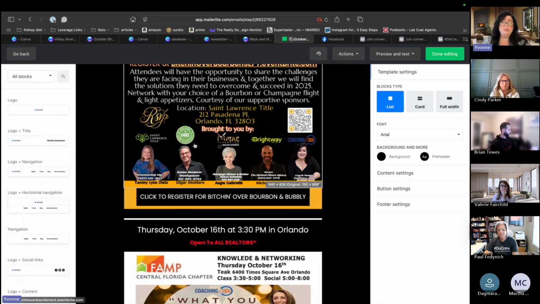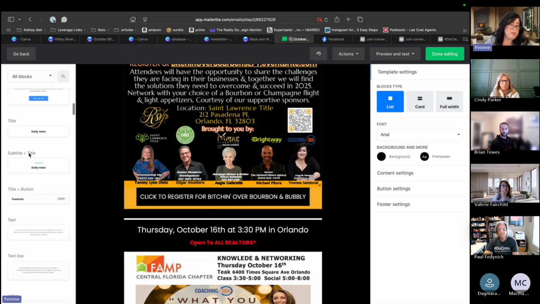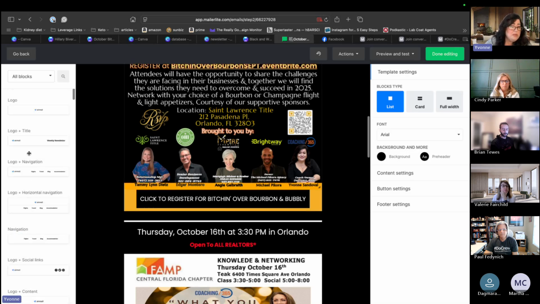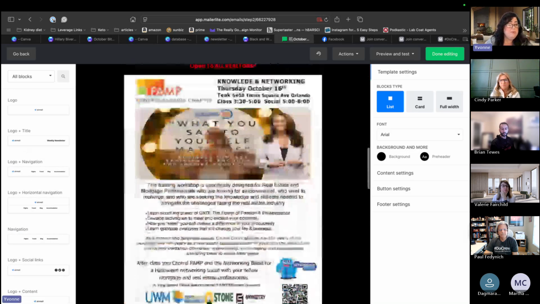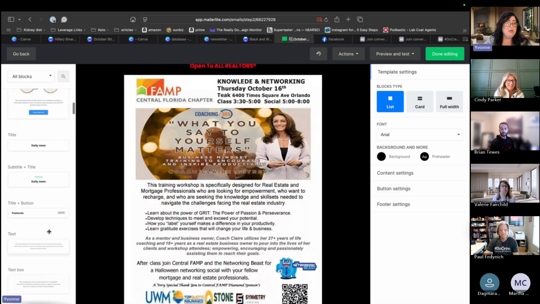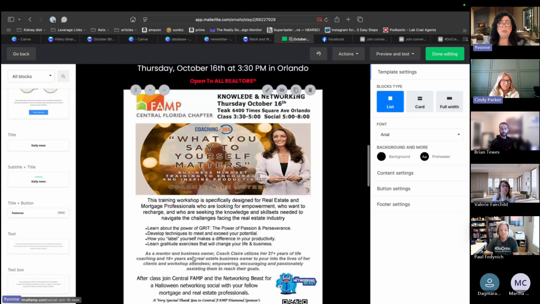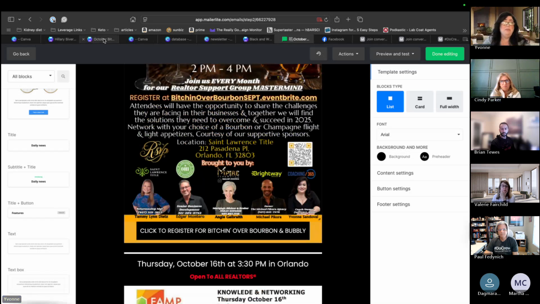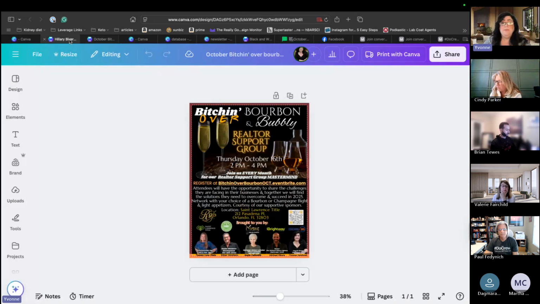So if this was a house picture here and you wanted a click to learn more about this house, you create a button. You come over here and find the button, wherever that link is. Mostly it's over here somewhere. Here it is, and you pull the button in, and then you fill the button in. That's how you add links to an email. Hope that helps.